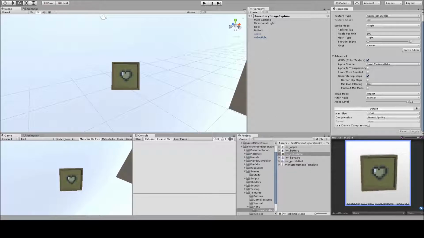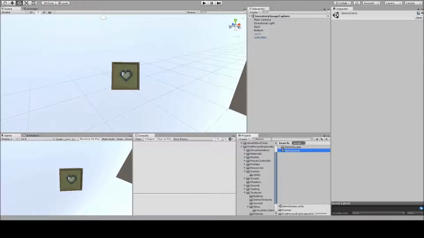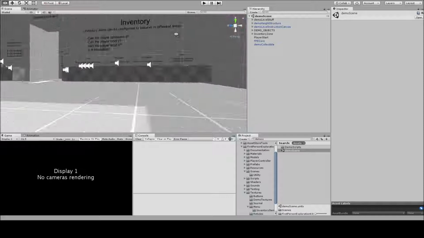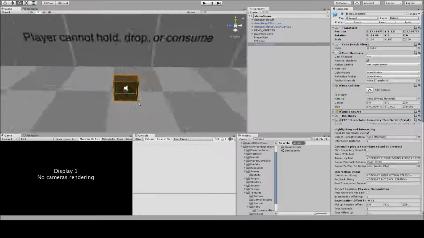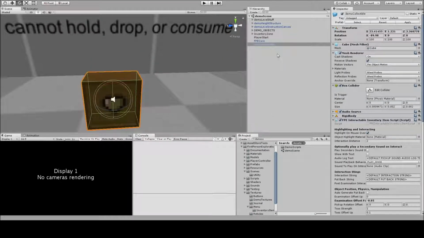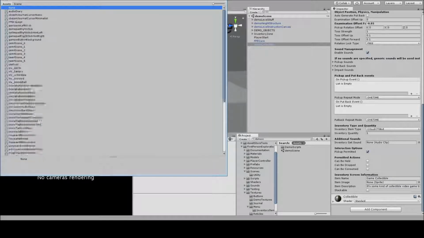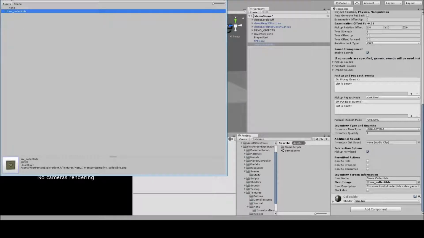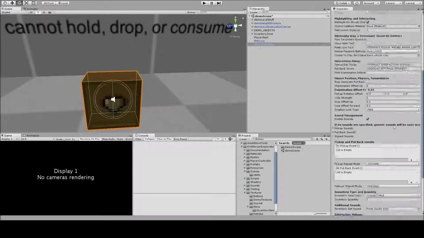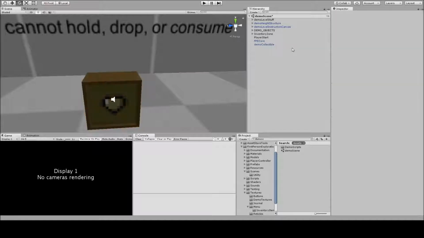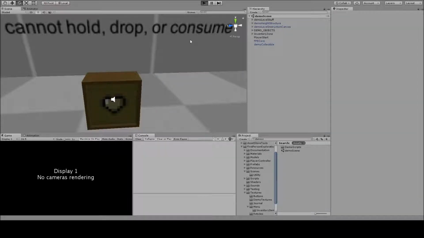Now if we go back to our demo scene and we click on our object here, this demo collectible, down here in the item image field, it says none sprites. What we need to do is assign our new collectible image in that field, and then we'll apply that to our prefab. Now if I run the game,